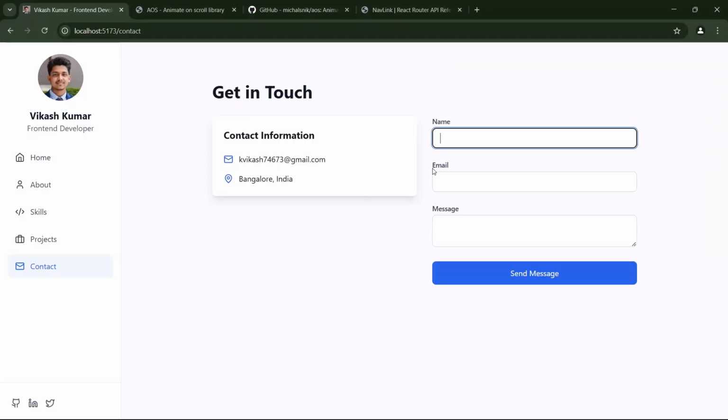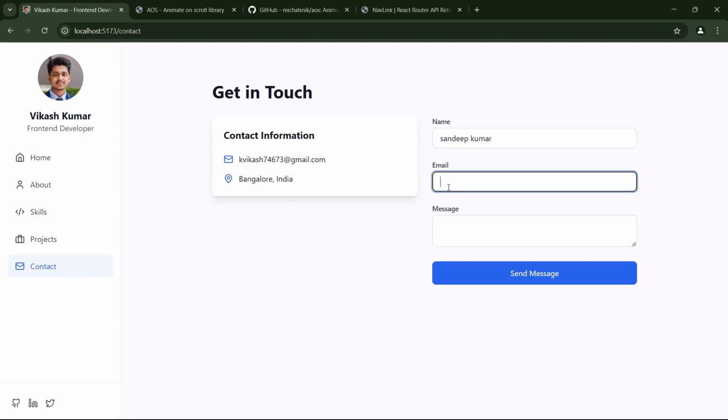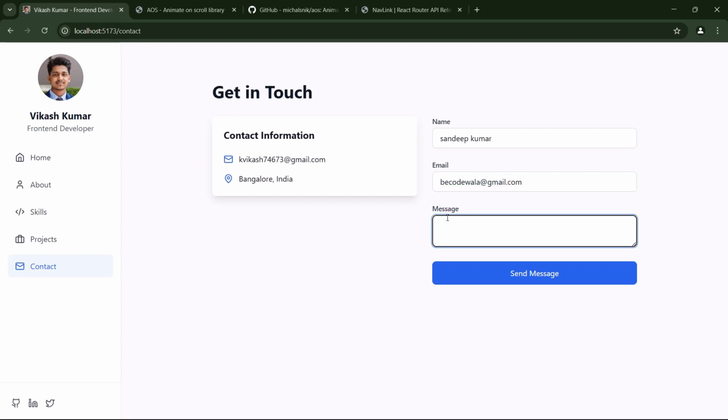I will show you how you can make a fully functional working email form. Let's say you guys want to message me, like, hi, my name is Sandeep Kumar, right? And your email, like Becodewala, anything, any email of yours you can paste here, right? And you can send any message to me, right? If anyone wants to connect to you, they can connect through this email, right? Anyone can send a message and you will get the email, and you may get hired also for your